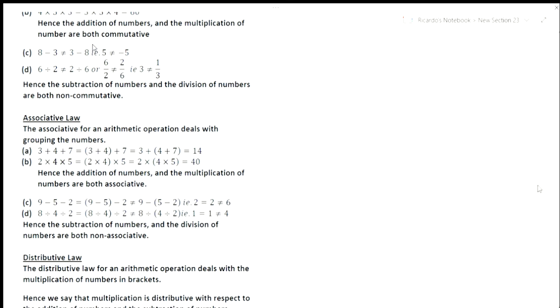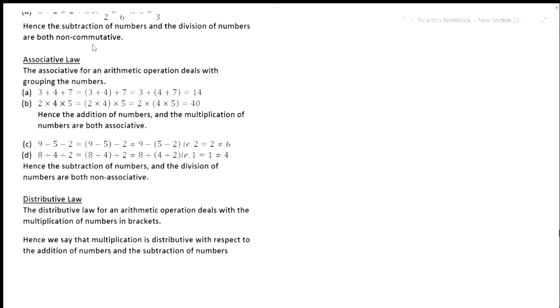Okay, so the next one we want to look at is what we call the distributive law. Okay, and let's look at what it says here. Let's read. The distributive law for an arithmetic operation deals with the multiplication of numbers in brackets. So let's say if I have two numbers in brackets,